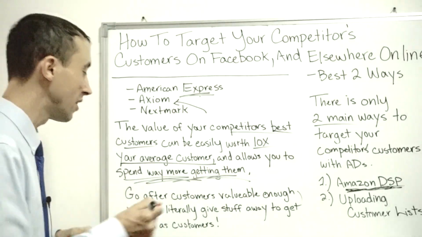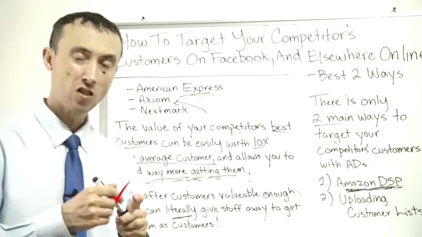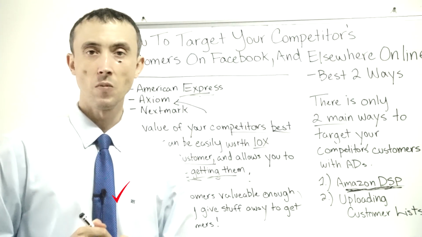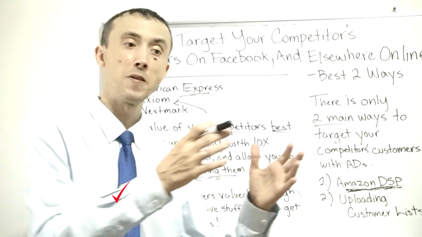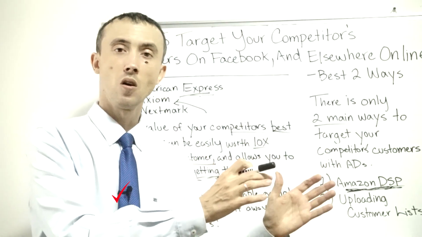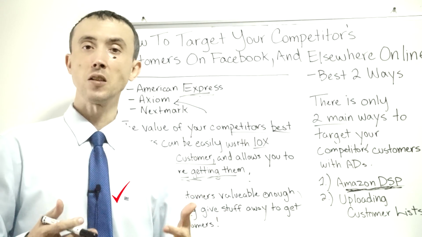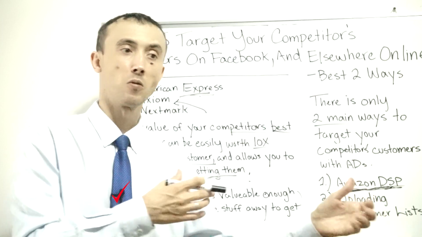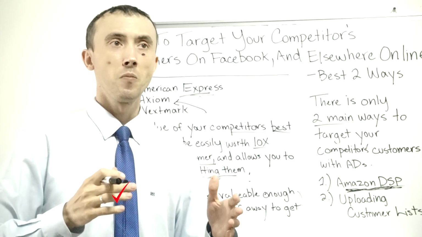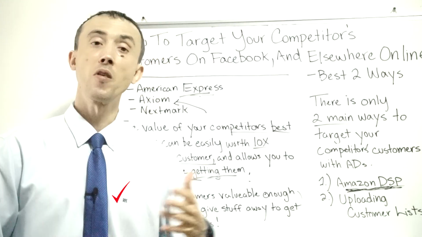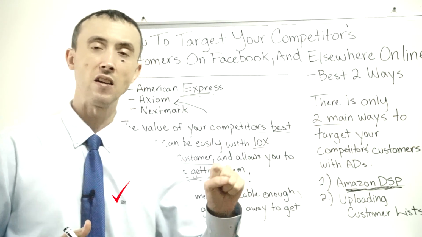You can literally give stuff away to get those customers, which we've done before. Just to give you an example, in the day spa industry, in that specific industry, we targeted people that are customers of the competing day spas in the locations where we were at, because obviously the best person to target for a luxury day spa is people who go to the other competing luxury day spas. We want to steal them away, versus getting somebody off of Google, where chances are high that it's just going to be a one-off, or they're buying it for a gift or something like that. So we want the people that frequent the other main luxury spas.